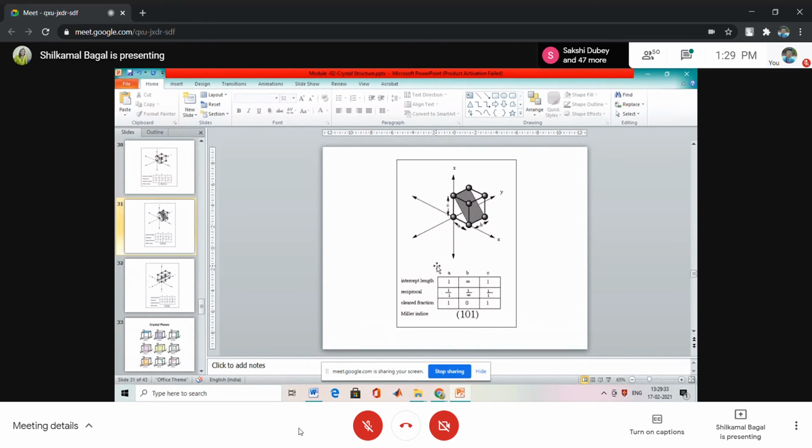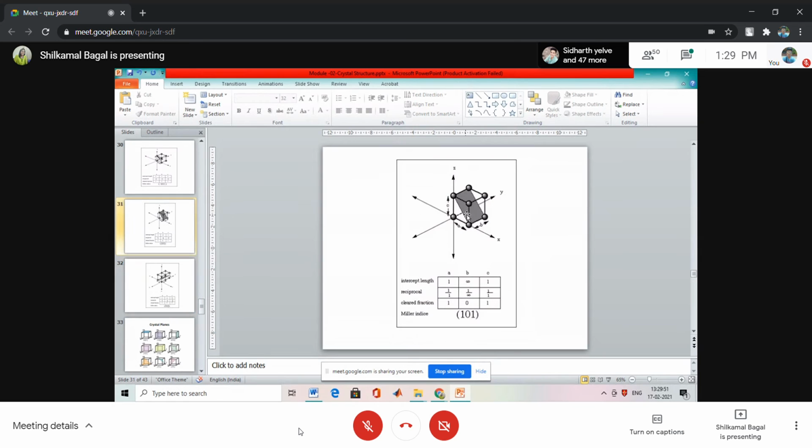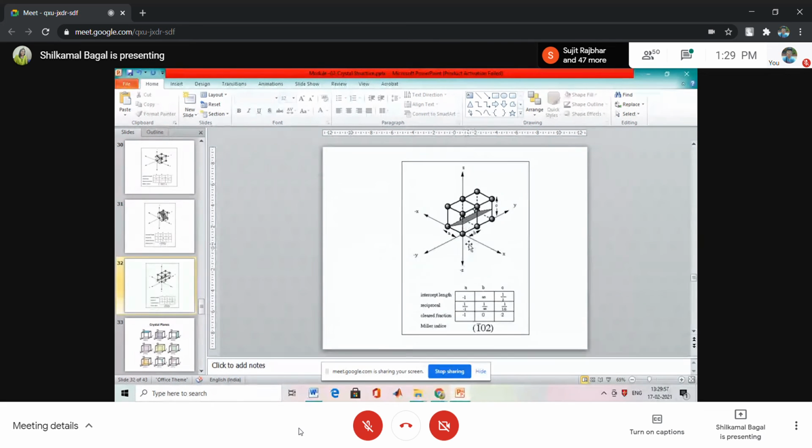Now next, this plane is bar 1 0 2. For bar 1 0 2, the origin is here. This is axis B, this is A, this is C, that is X, Y and Z, the same as for the previous plane. Are you getting it? Now, here the plane has indices bar 1 0 2, which means this plane has its intercept on the negative axis A, and so it is denoted by a bar. Bar means the plane has its intercept on the negative side of the axis.